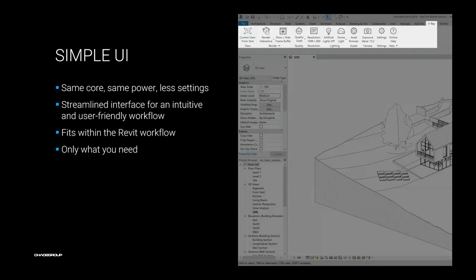Most of the Max settings you saw on the previous slide were optimized and hidden from the interface, as I said, with the intention to make the interaction easier and smoother. The render quality, however, remains the same as in 3ds Max, as the V-Ray engine is the same for all our host applications. So now let's jump into Revit